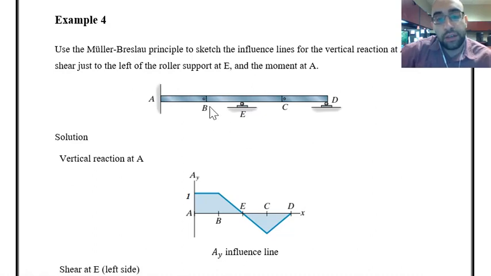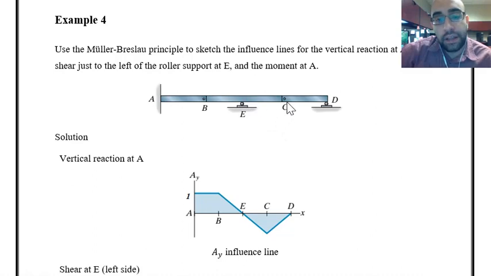So I'm going to see a line like this. And then the other important thing is that we have a continuous beam over here. We just removed the shear restriction. The moment restriction is still over there. So the lines before point E and after point E should be parallel. That's why the line that we have over here should also be seen over here at the right side of